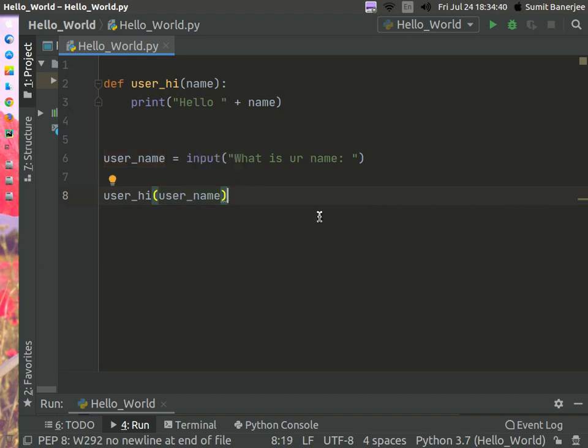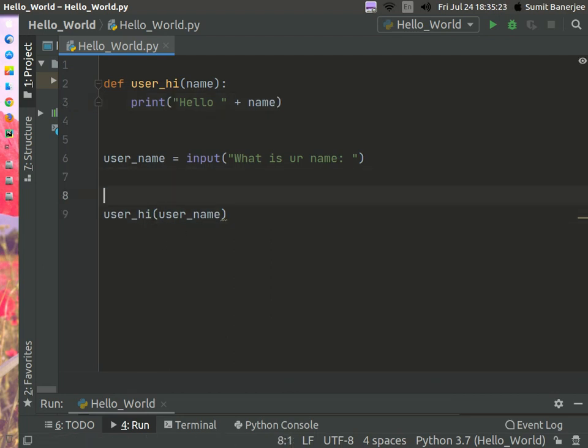What this will do is, when Python sees this function, it will temporarily assign some space for it and then go to the next line. Here it will see an input prompt. It will stop the running of code and wait till the user inputs something, and then after this, when it sees this line and sees that we are calling the function, it goes back up again. Python goes back up and then runs this code, and then finishes the process.